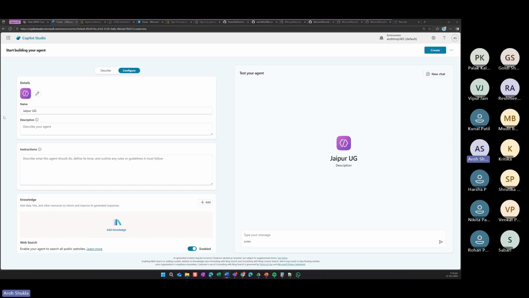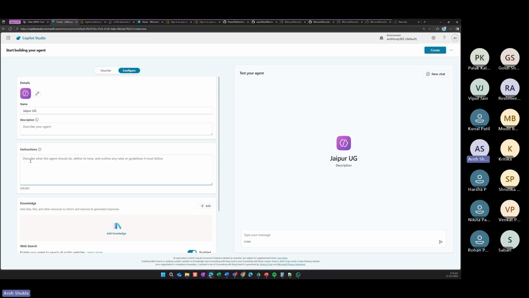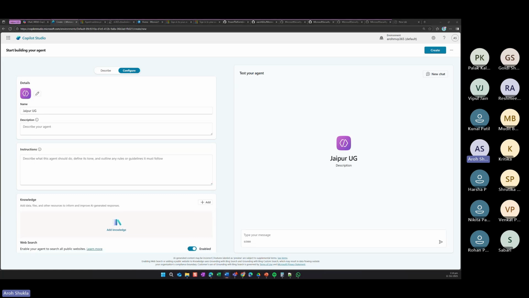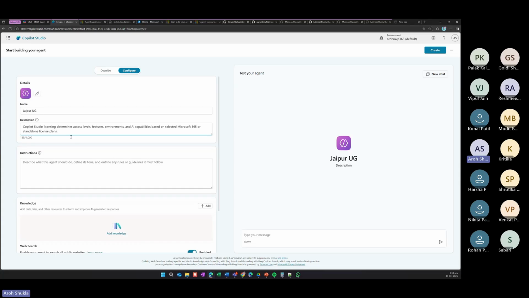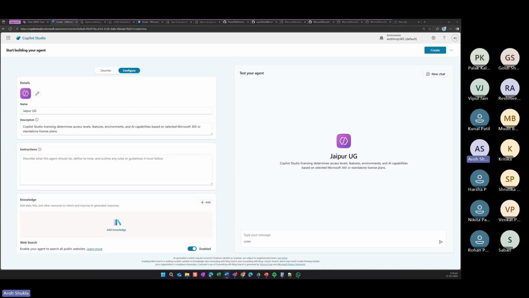One thing to understand is that when you build, when you work with multi-tenant, multi-agents, the description and the instruction of the agent should be very clear, so that the other agents and even your own agent are able to understand what this agent is talking about. So in my example, I put a description. Very simple description, to give me access to the right features for the AI capabilities for licensing. I just copy-pasted it because I don't have time to show everything at this point of time.